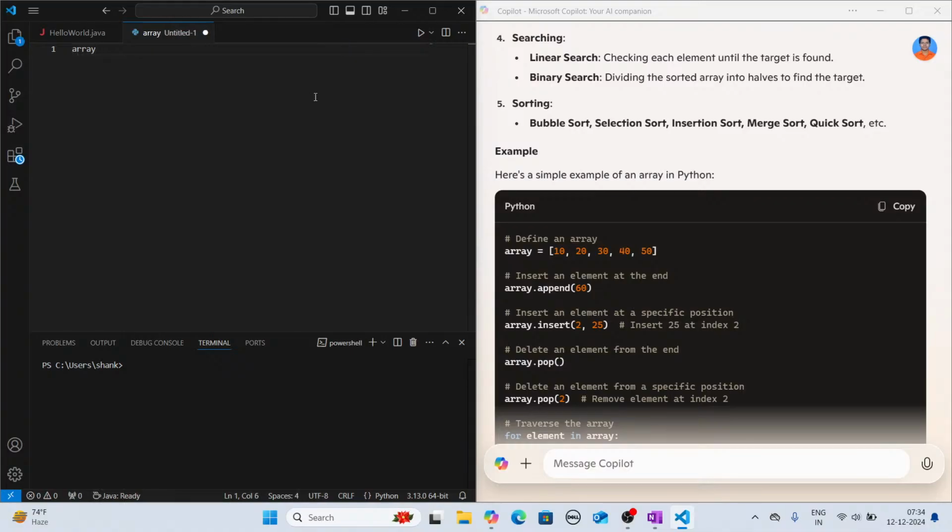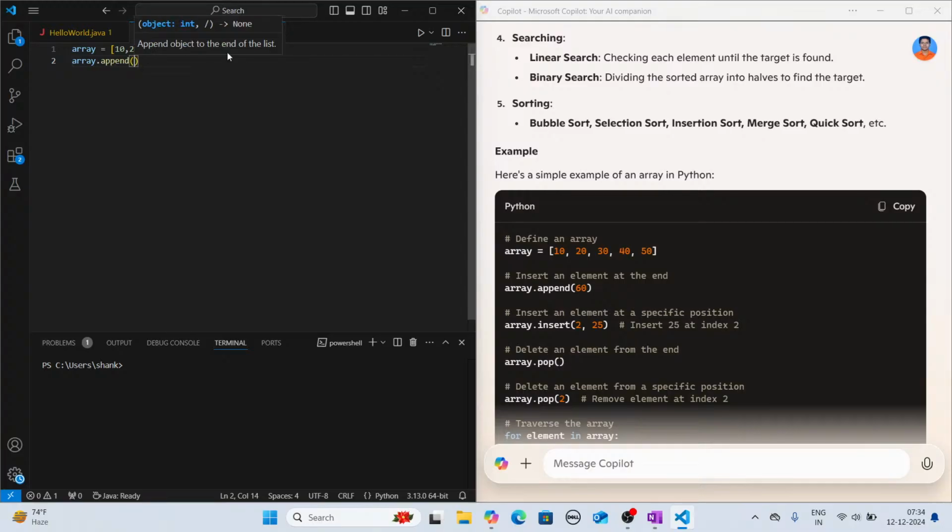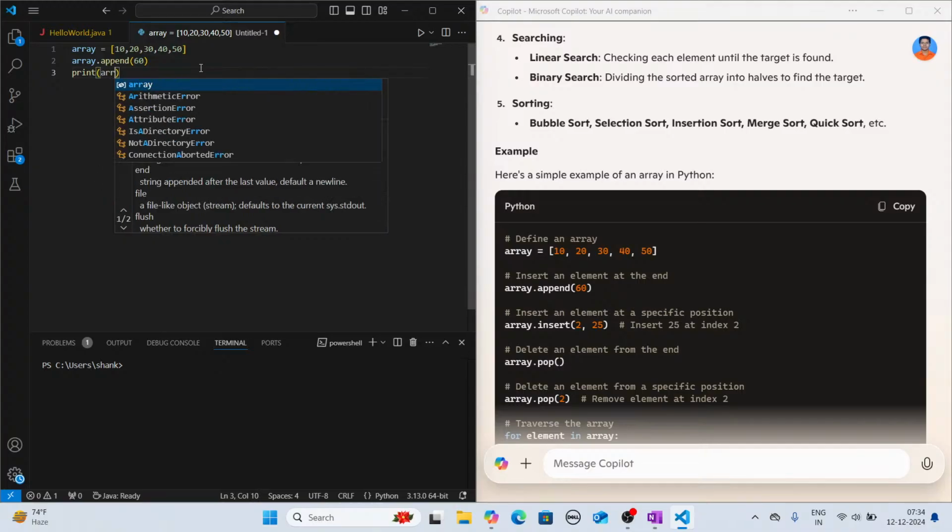So first we are defining a variable named array, and the definition of array is different in Python compared to others. Generally we use curly braces, but here we are doing it in the form of a list. And we are appending, it is a method. So what is the value that we are appending? We are appending 60, and if we print array,